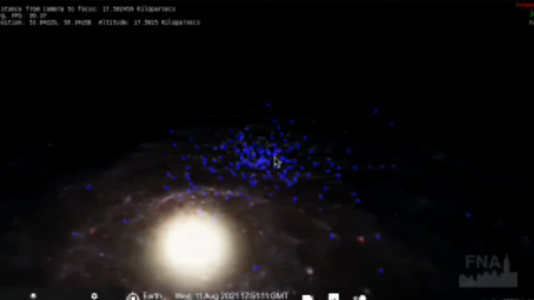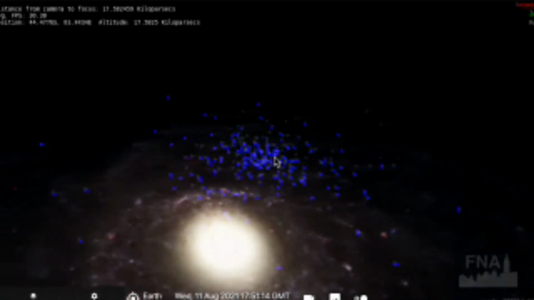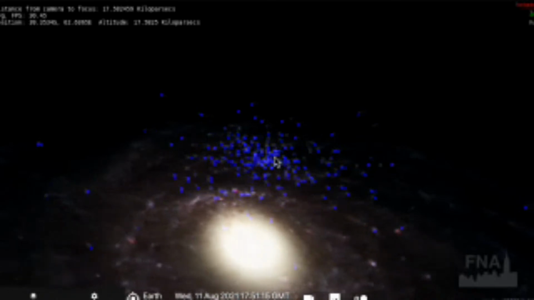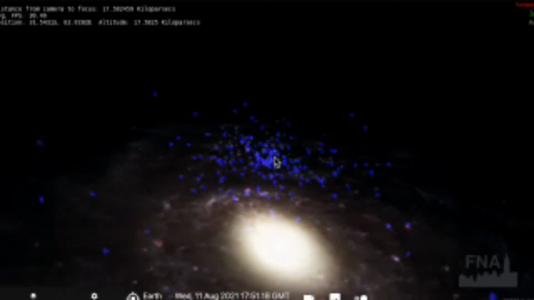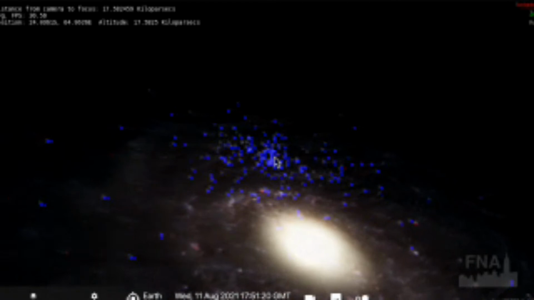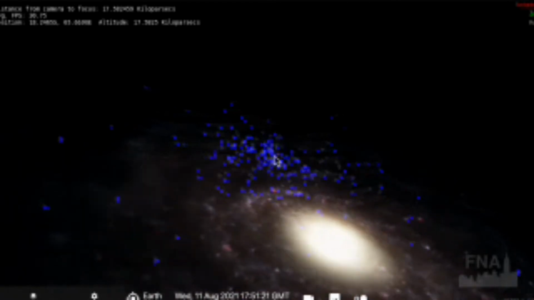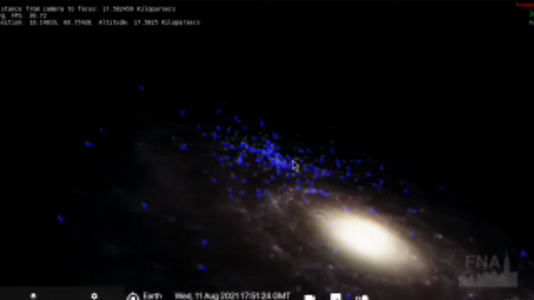True story, a lot of these stars have companions. So our sun is kind of odd being the size it is and just being a single star. A lot of the stars in the galaxy are in binary or multiple star systems.